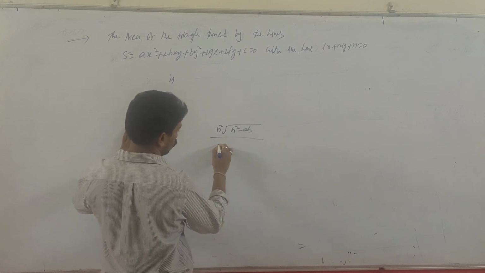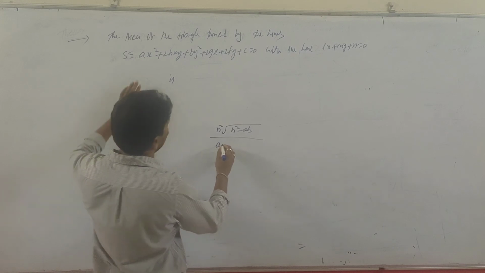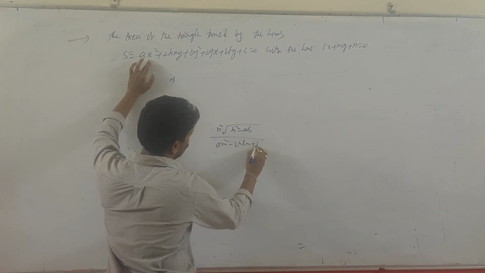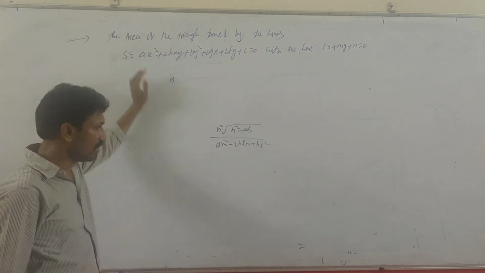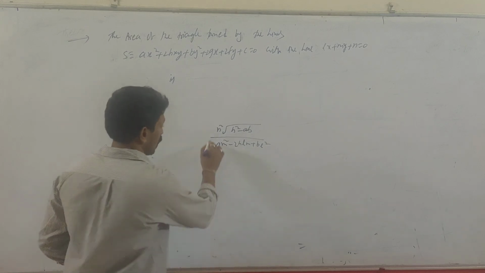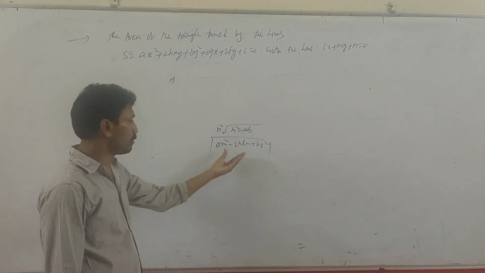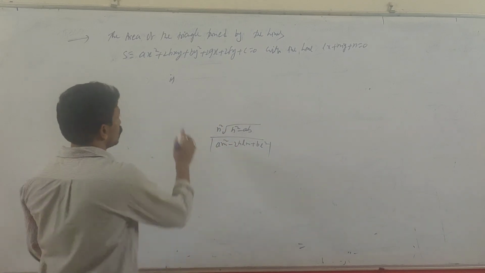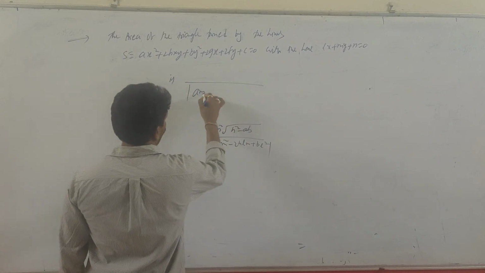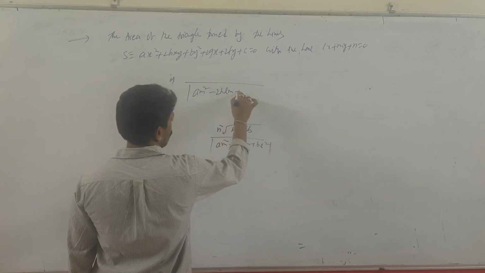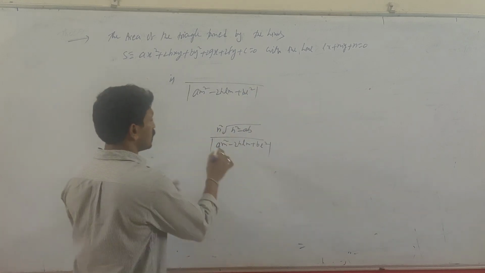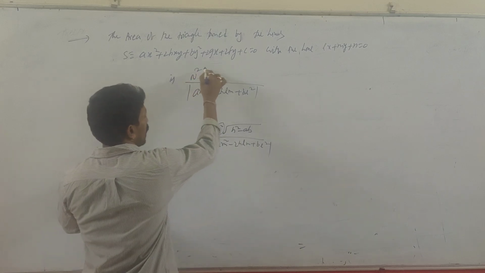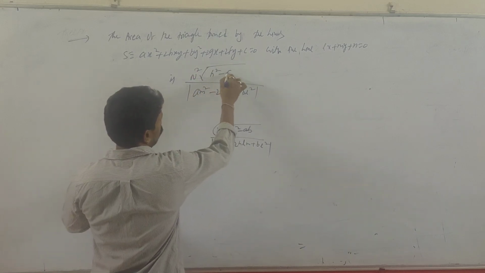modulus of am square minus 2h ln plus b l square we have written. M square minus 2h ln plus b l square. Modulus. Area means it may be negative or positive, we don't know. So keep the modulus for positiveness. Same here also we have am square minus 2h ln plus bl square. The numerator will be changed here just for our convenience. Instead of the small n, I am taking capital N square into root over h square minus ab.